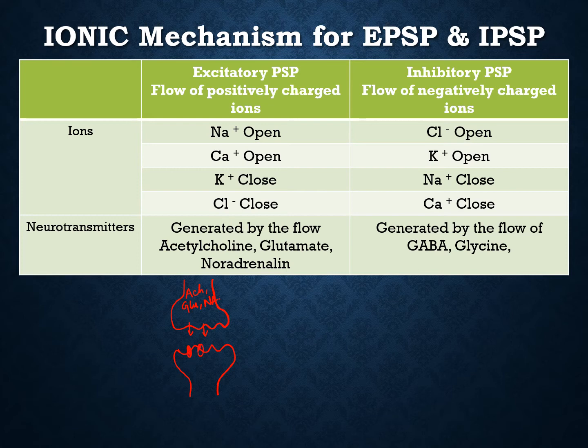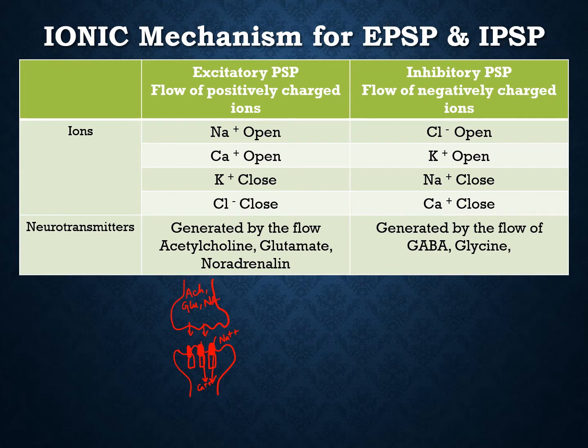These receptors are present in the postsynaptic neuron. These receptors are proteins which are associated with the ion channels. Each receptor is associated with ion channels. These are the ion channels. Suppose the ion channels open up and Na+ from the outside comes into the cell, or Ca2+, calcium, enters into the cell,